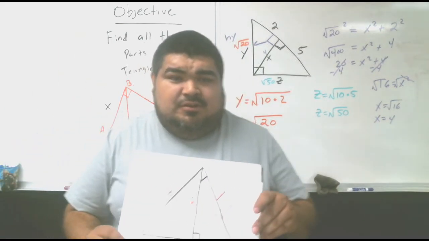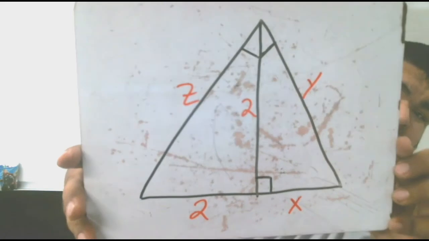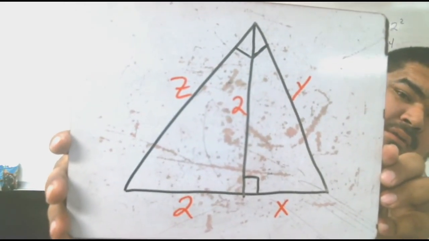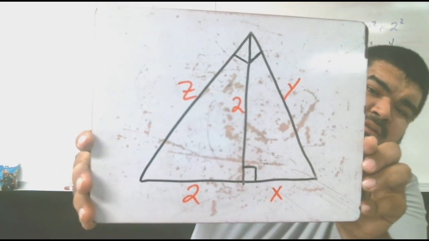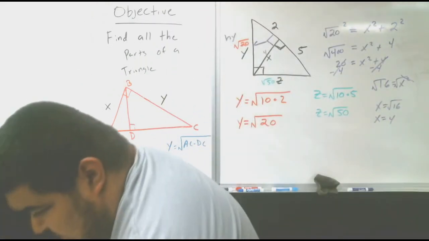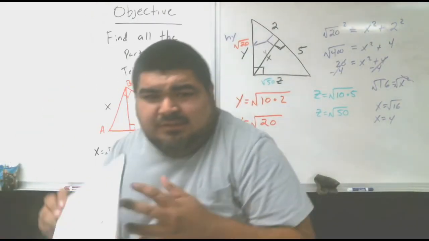Okay? Here's the first one. Again, solve for x, y, and z. And your second one is